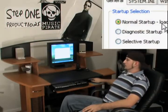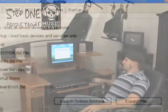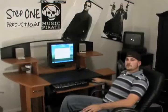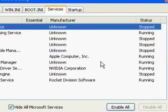Then you go down to Selective Startup, and you're going to want to unclick Process System Ini File and Process Win Ini File. Then you're going to want to go over to Services and click Hide All Microsoft Services. This keeps you from disabling any of the Microsoft startup tools, which can actually stop Windows from starting up. So you're going to click Disable All, and then you're going to go over to Startup,